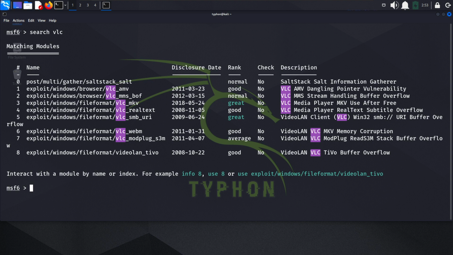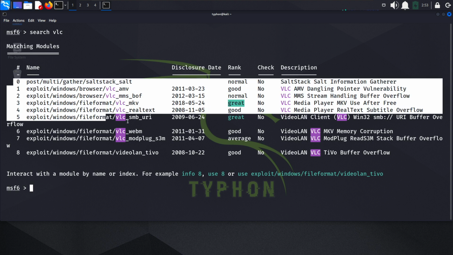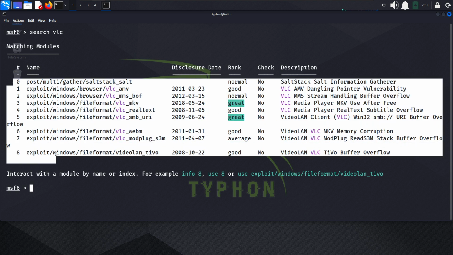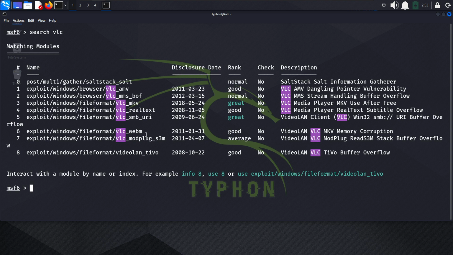And we have these descriptions here. Each result typically includes a brief description or summary of the associated module or payload, and as you can see, each result has this description here. The description provides essential insights into what the module does and how it may be relevant to your security assessments or penetration testing, like for example